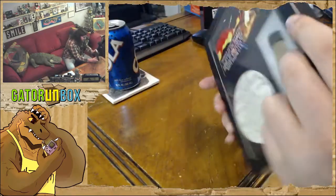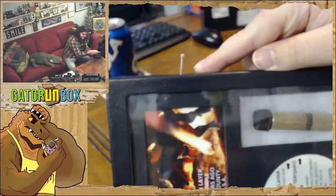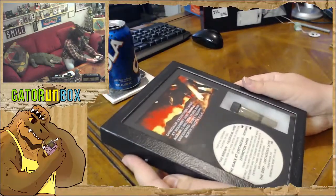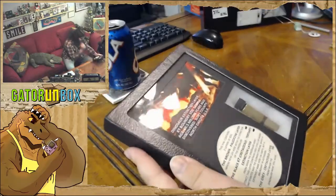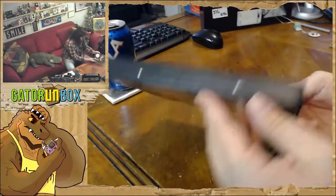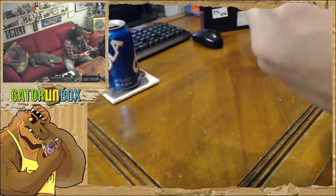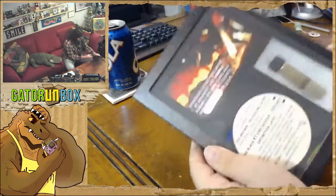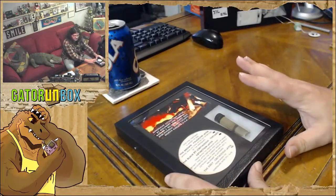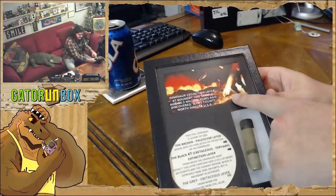One of the things I noticed when I opened it is that there are these little pins that are holding it together, and one was kind of popping out, so I pushed it in. This box does open, but I feel like I shouldn't open it unless it's to straighten out the little vial. But at the same time, there's not like a hanger on the back, so I'm inclined to believe that because this is pseudo-sealed, I'm not supposed to open it. But I do have to say that this scene right here,